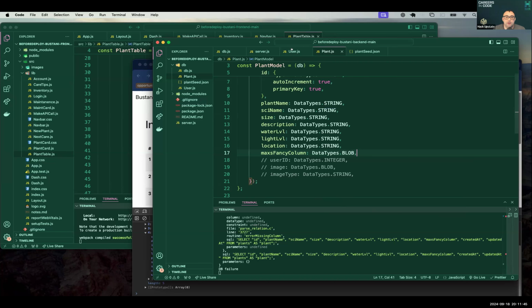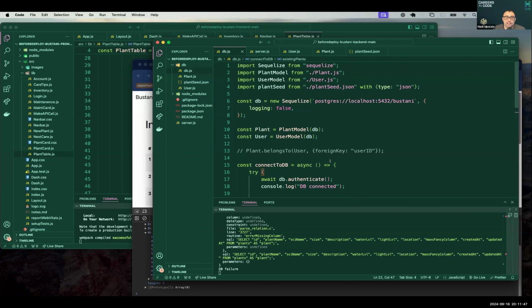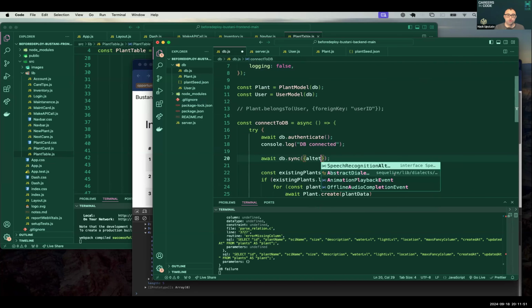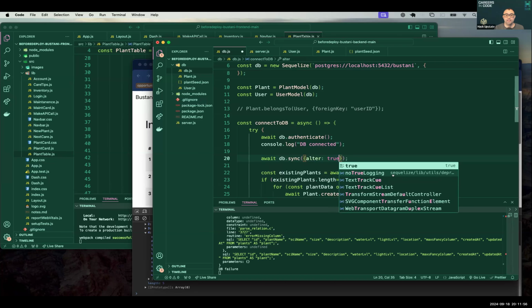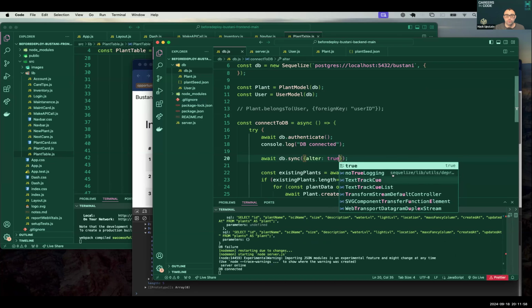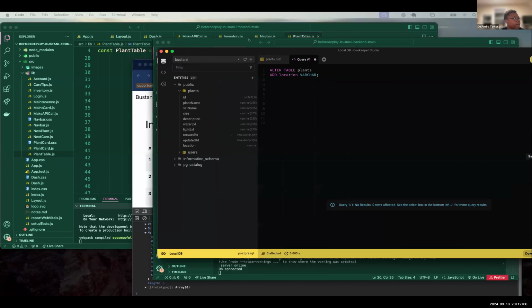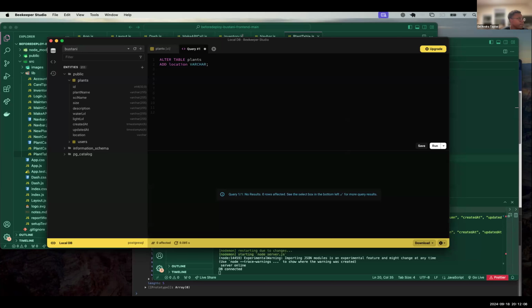And then over in db.js, all we need to do is say alter true. You don't want to leave that on all the time because it can lead to data loss as you're playing around with your models. But if we go back over to Beekeeper, now when we refresh this, you can see it shows up there.